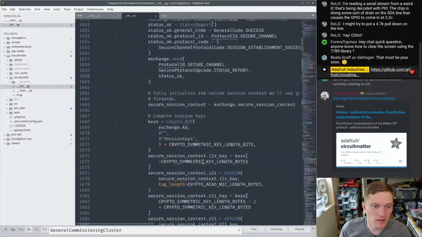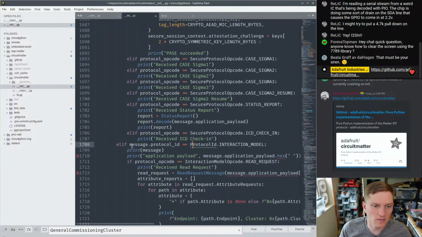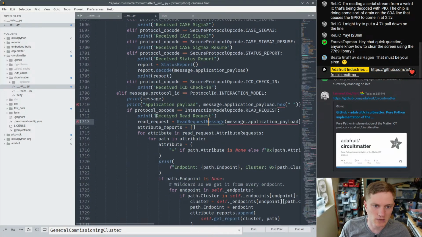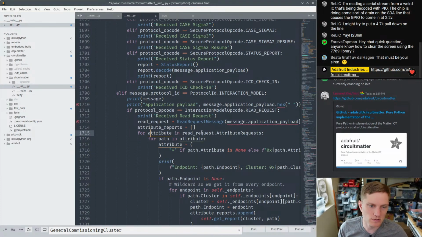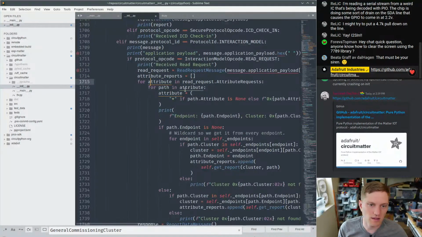If not, then if you're in the interaction model layer, we're printing stuff out. This is where received read request is. Now you can request to read multiple attributes at the same time. So for every attribute in attribute requests, and for every path in that attribute, we